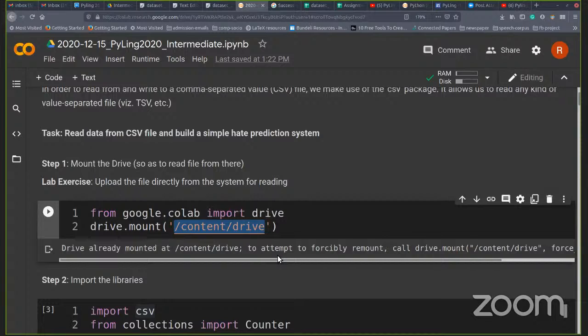This is the virtual drive that Google provides you, which is what you are mounting. When you run it, you will get an authorization link. You click on the link, you get an authorization code which you paste, and it's mounted. So you need to authorize Colab to access your Google Drive. The reason being, as I said earlier, Drive and Colab are actually not